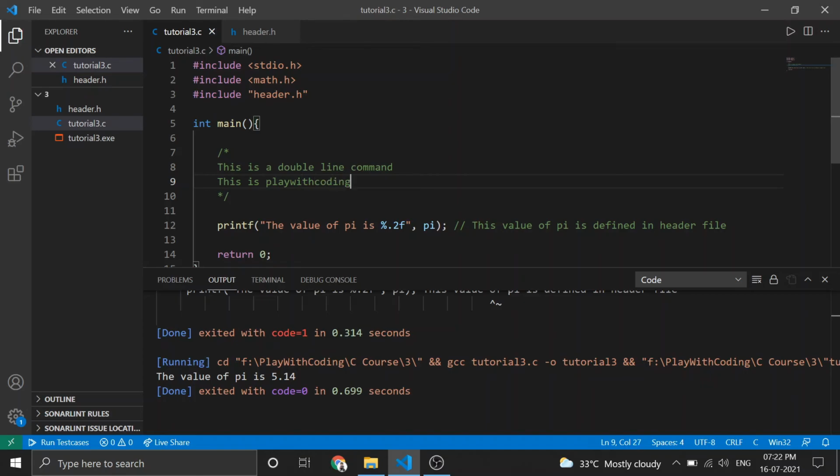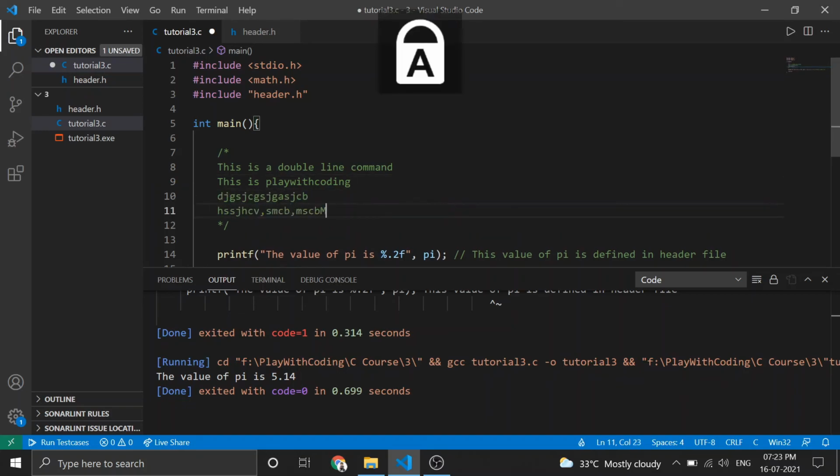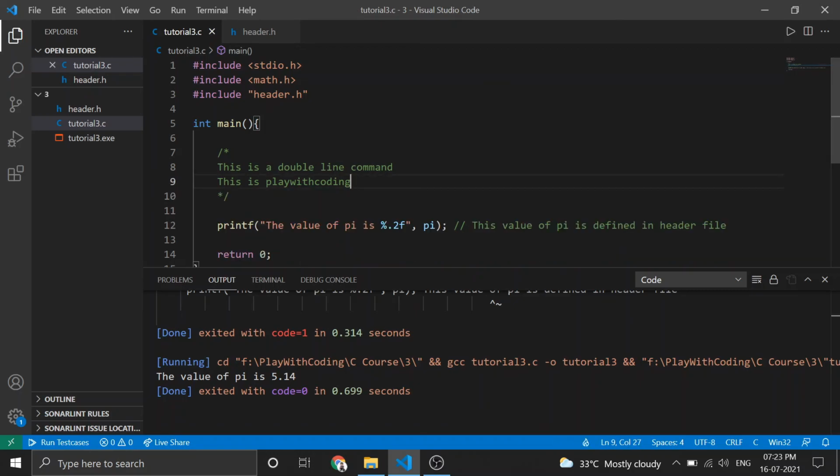You can use something like this. You can include 5 lines also, as many lines as possible you can write here. I am just writing anything, so you can use as many lines as you want. So this is about comments.